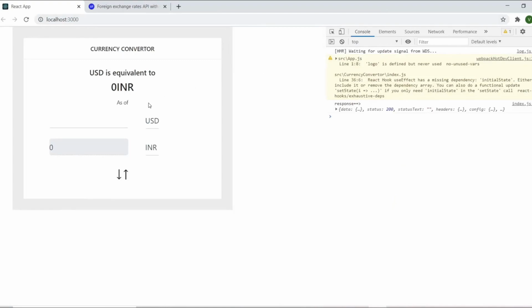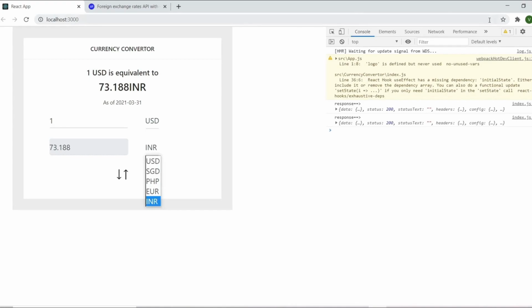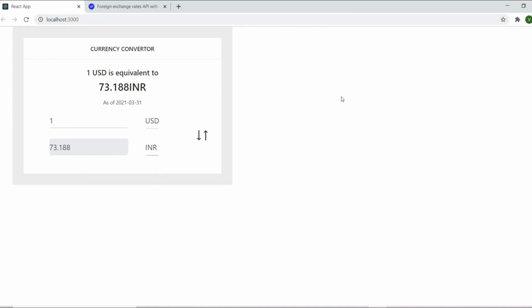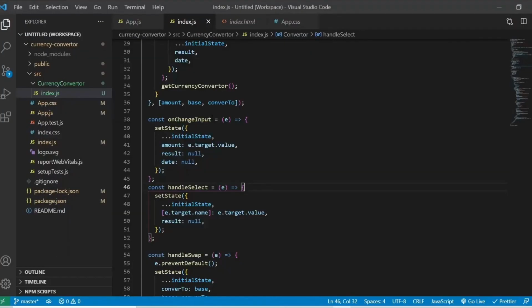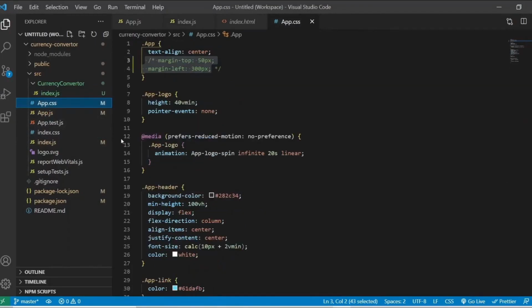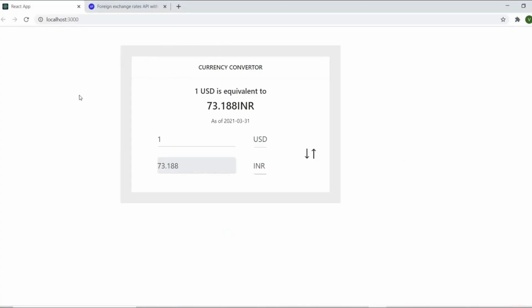So I just refresh it. The UI is working, so we are getting the value. I just loaded that console one, and I need to add some styling. So I just uncommented this one to get a proper alignment of that card. I just selected INR here.